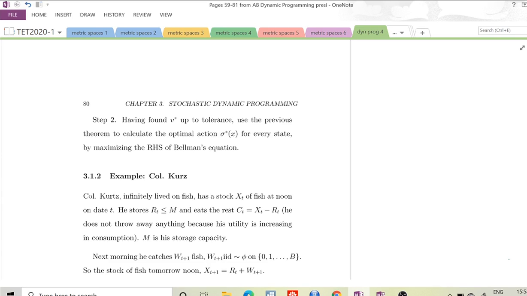So this process is called value iteration. We're iterating on value-like functions until we hit the actual value function. Once we hit the value function or are arbitrarily close to it, we get arbitrarily close to the optimal policy function by using Bellman's equation, right? So we found in step one something which is very close to V star. So once we found something very close to V star,